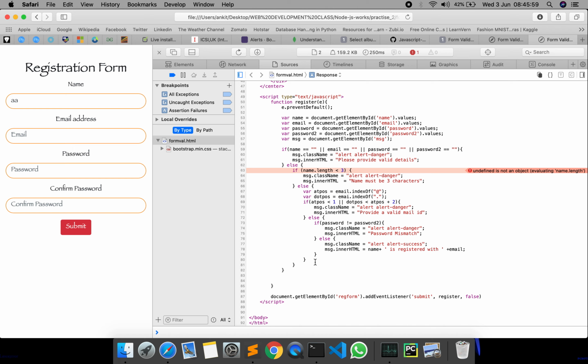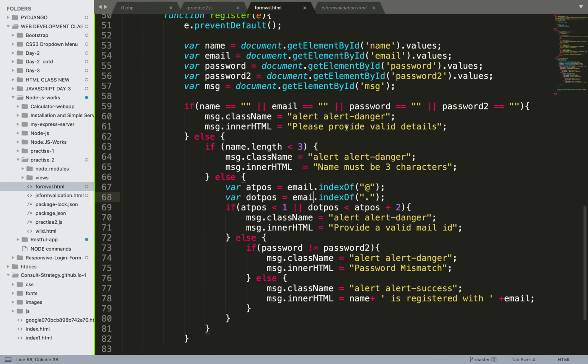Undefined is name dot length. Don't know what's the problem over here.